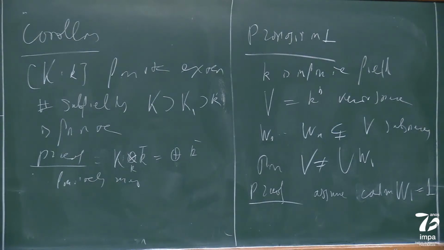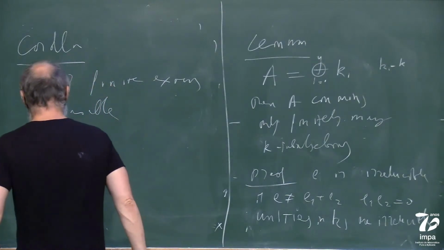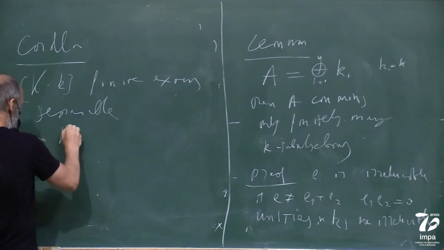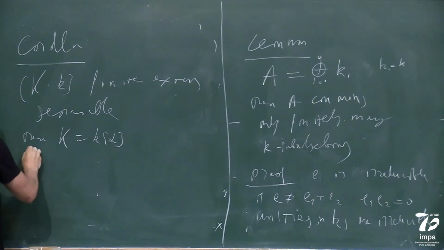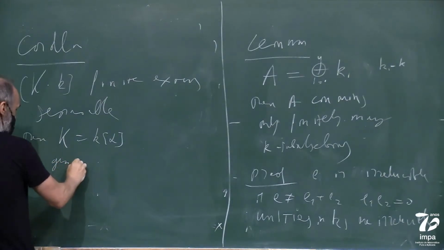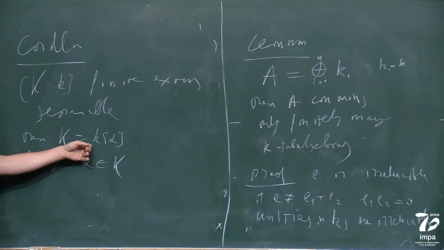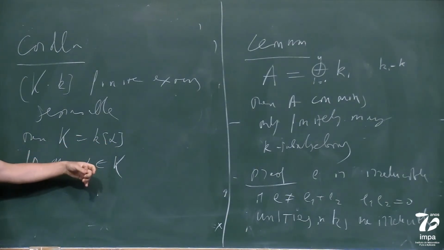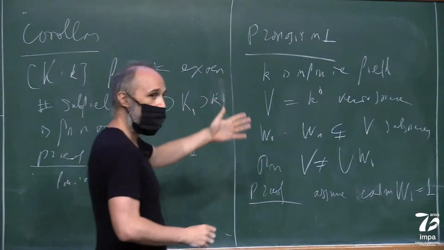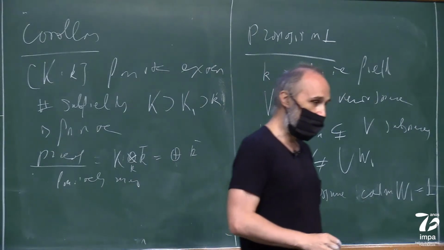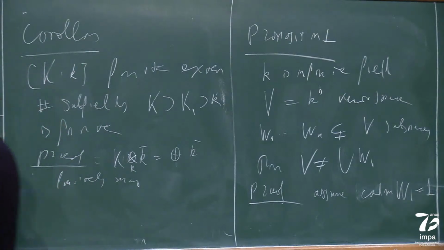So the primitive element theorem is false for inseparable extensions. It just fails. And then K is K small of alpha for general alpha in this K. This is because this fails precisely where alpha is contained in a smaller subfield. There are finitely many subfields, and you can apply this proposition. So a general element is not contained in any subfield, and this is precisely the element which generates K big over